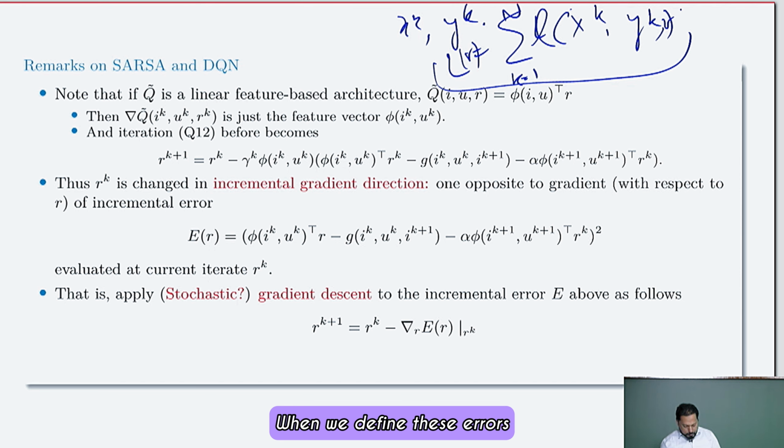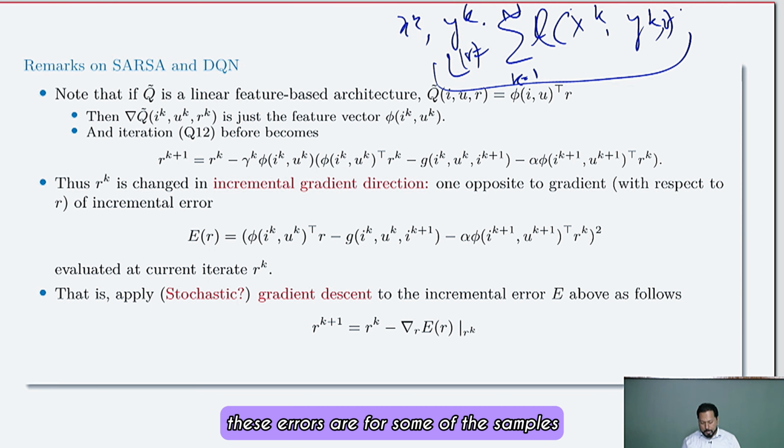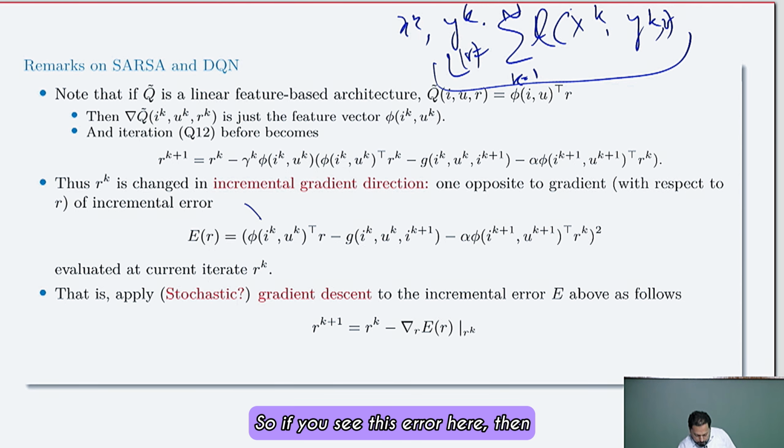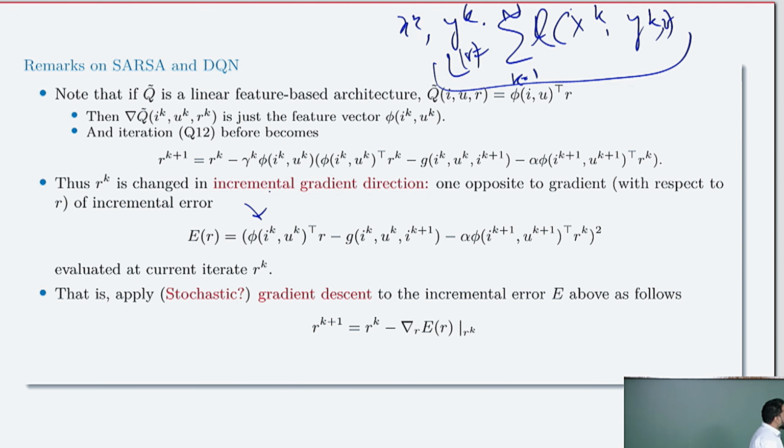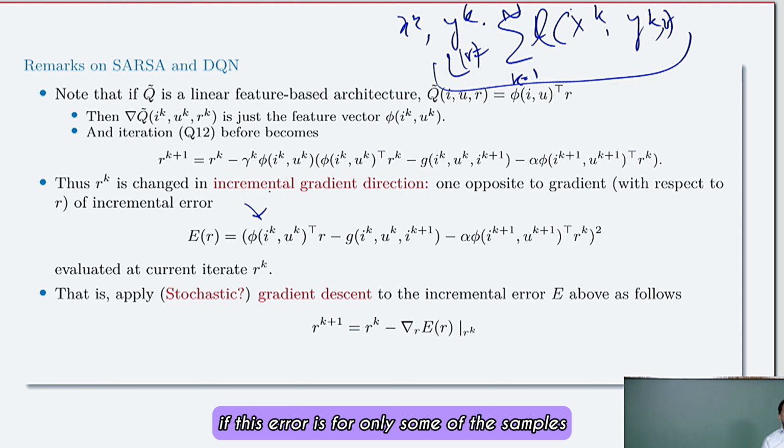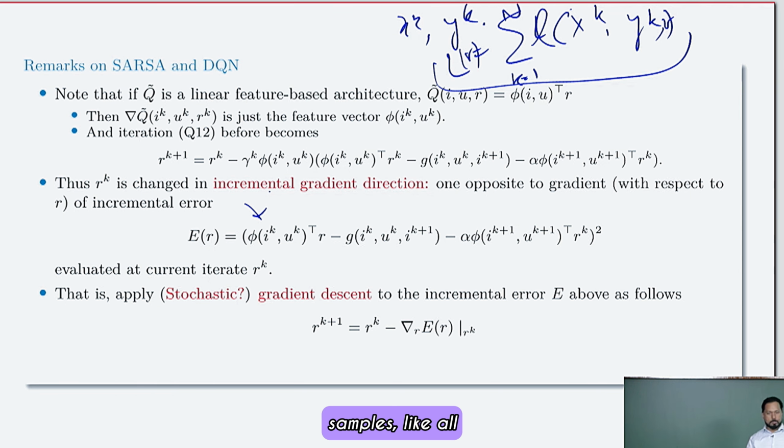When we define these errors for our sum of the samples, okay, if you see this error here, if this error is for only some of the samples, then it is stochastic gradient descent. But if you have this error for all the samples,